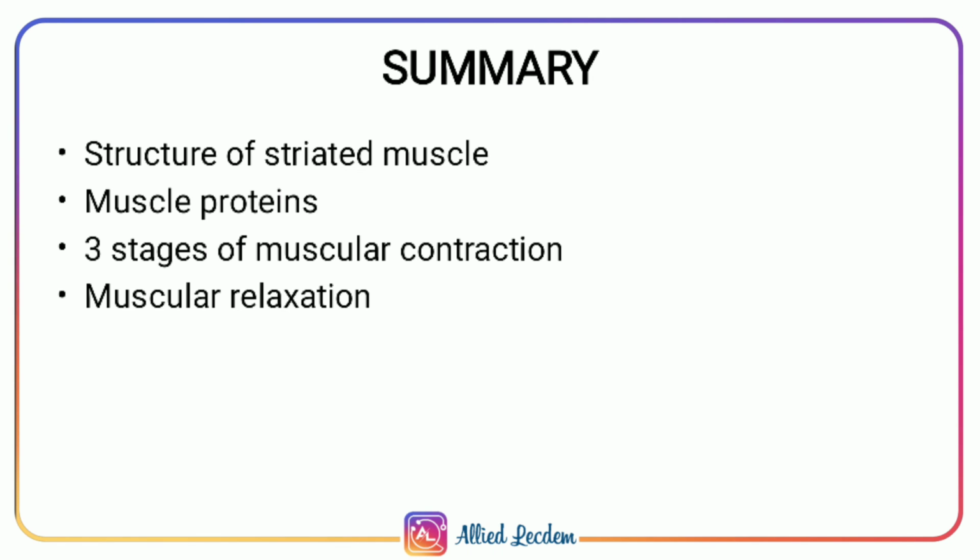The sarcomere consists of muscle proteins, that is two myofilaments, thick myofilament and thin myofilament. Thin myofilament is known as actin and thick myofilament is known as myosin. The thin myofilament consists of three proteins, that is actin, tropomyosin and troponin. Okay, muscle contraction occurs in three stages: excitation contraction coupling, role of troponin and tropomyosin, and sliding mechanism